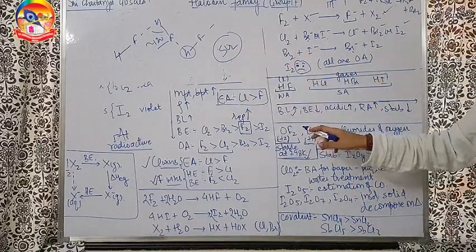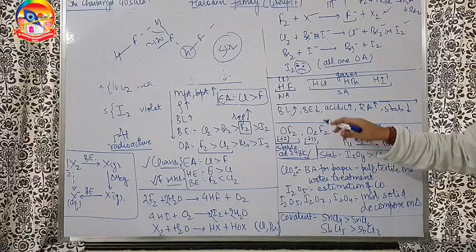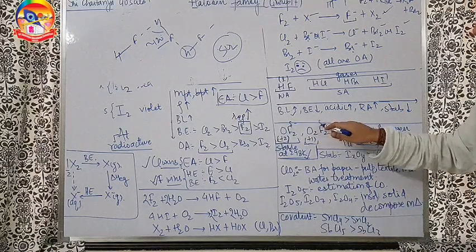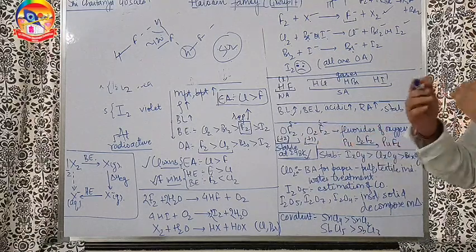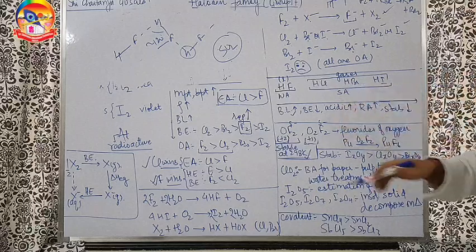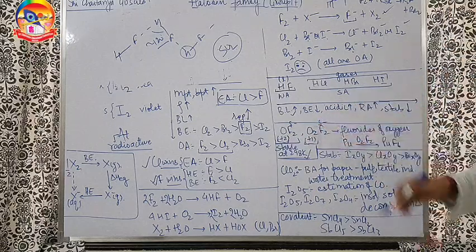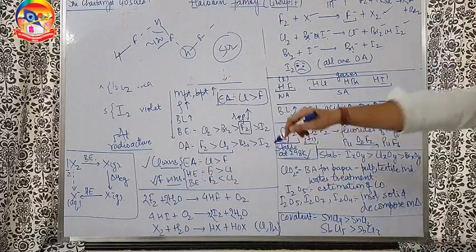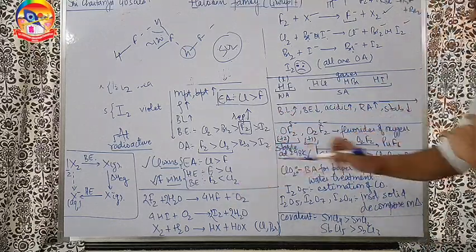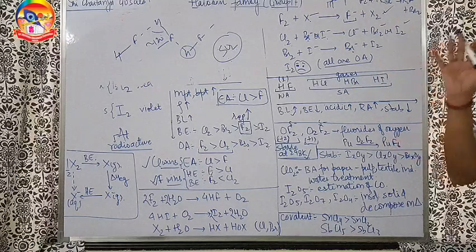But here we understand fluorine is more electronegative, so it will get a delta minus. So we have to use the suffix -ide with fluorine. So these are fluorides of oxygen. They are not oxides, they are fluorides of oxygen strictly speaking. Going ahead, they are very good fluorinating agents, brilliant fluorinating agents.